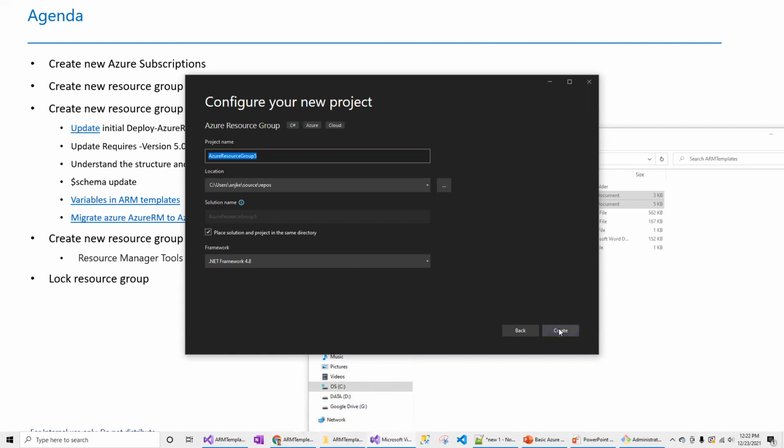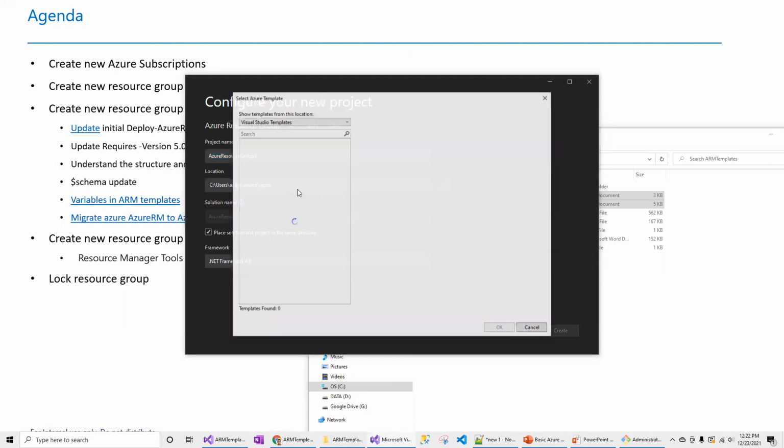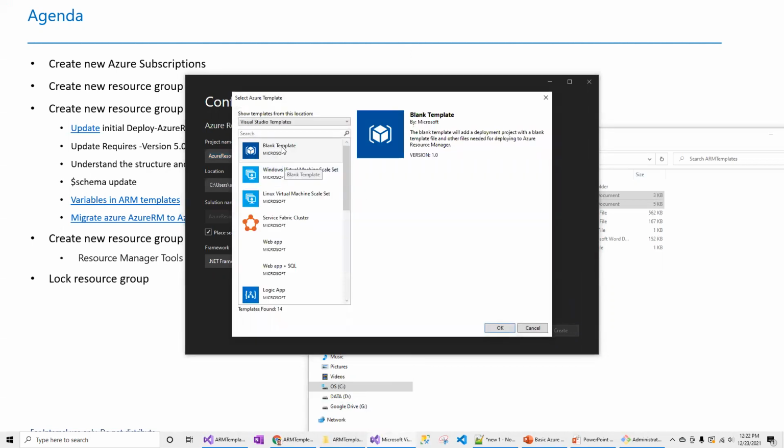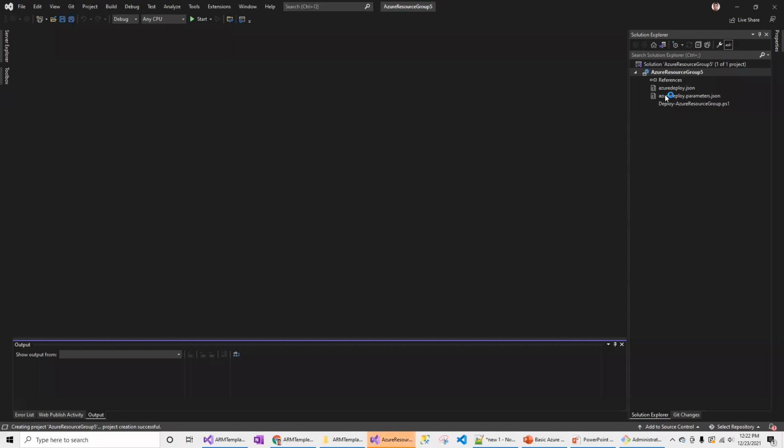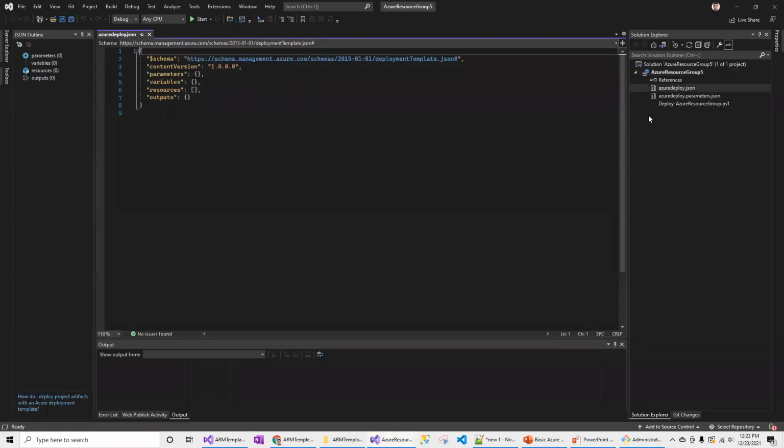Once you say create, initially I've selected the blank template just to avoid all the confusion, so that you will be adding the blank files. What you have with the blank template is the basic template with azuredeploy.json and azuredeploy.params.json.